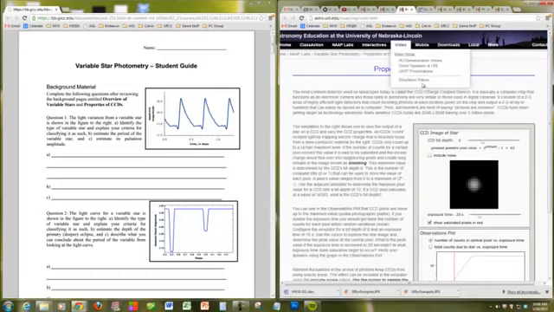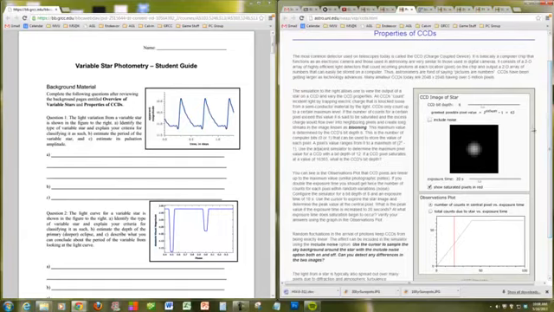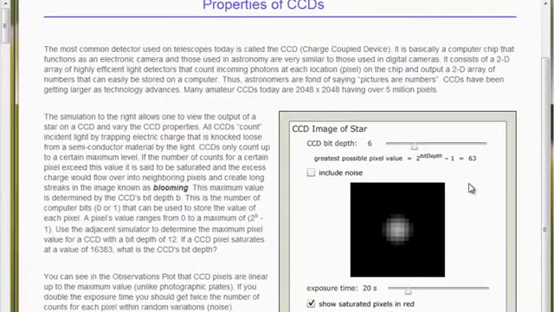Okay, so you can read some background on there. The other piece of the puzzle here is trying to understand exactly how CCDs work. And there's a variety of things that this introduces. A couple of the things that I just want to highlight, one of them is this idea of the bit depth of a CCD. And this is true of all digital images, that the bit depth, that is how many